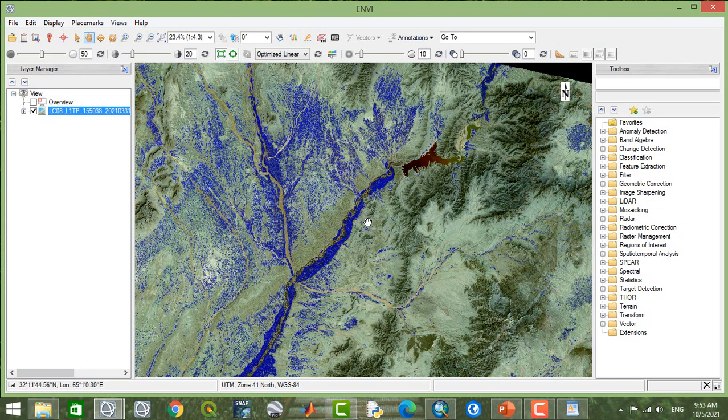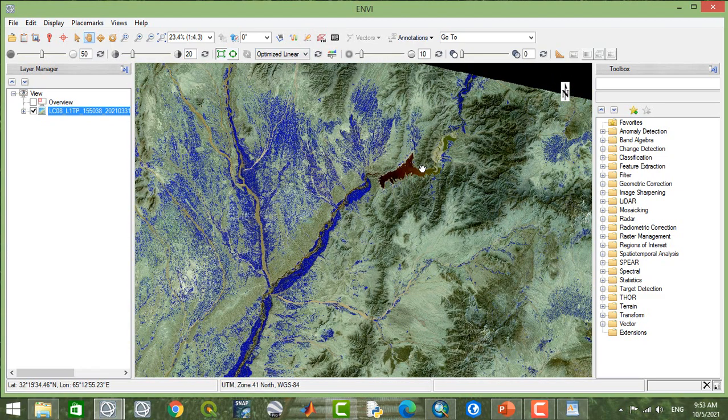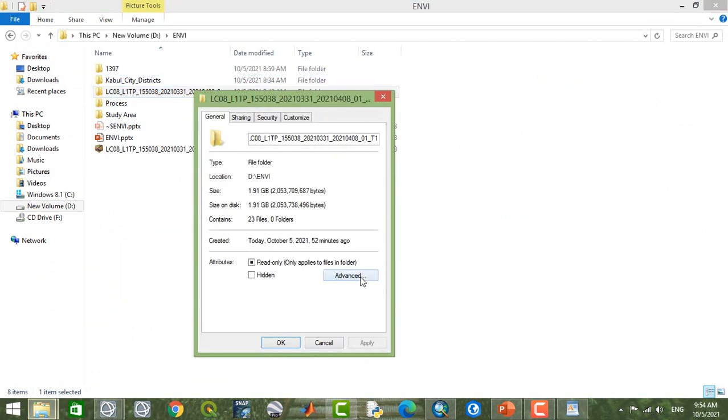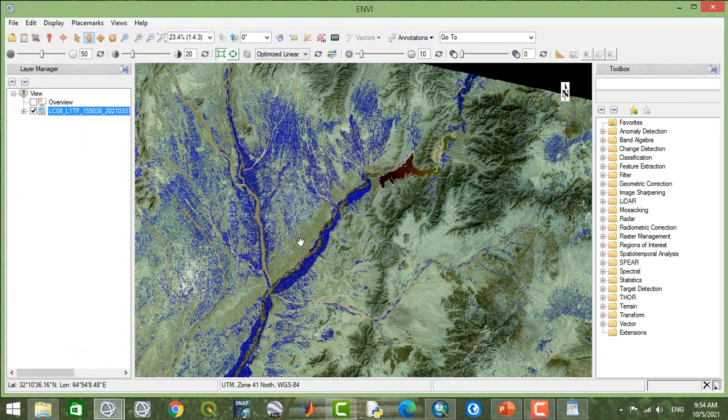So when you load your image, the first thing to be done is your subset. You must specify the location that you want to apply image processing on. Why? Because if you check the size of this image, let me check it from its properties. This is approximately 2 GB, and it's too hard and takes a lot of time to process